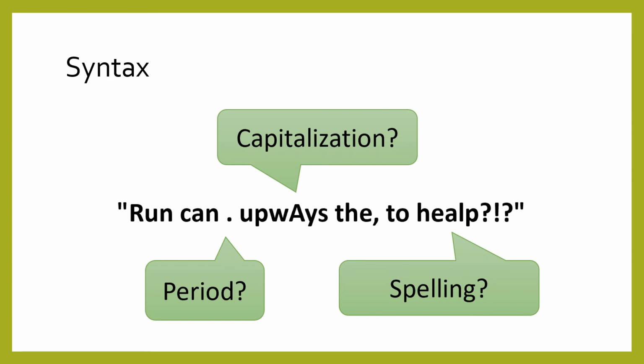In English, we follow grammar rules about how we can structure our sentences. The sentence shown here is not grammatically correct English, so we would reject it. Similarly, in Python, we use symbols, spaces, and words in very precise ways. Using them incorrectly will give you a syntax error. You will probably make many syntax errors as you learn to program.